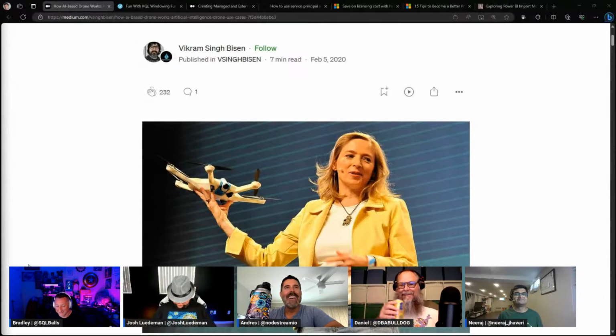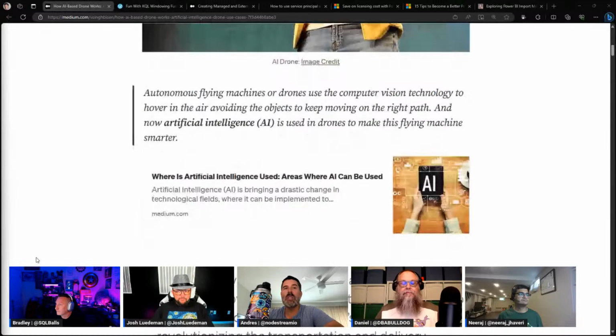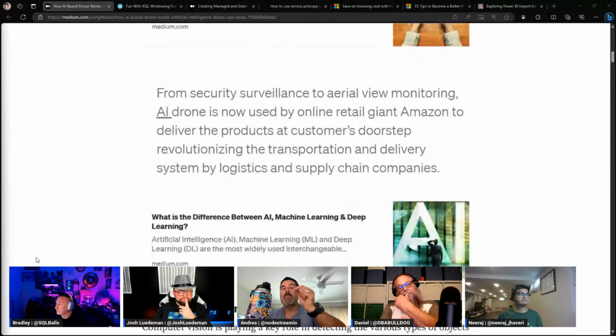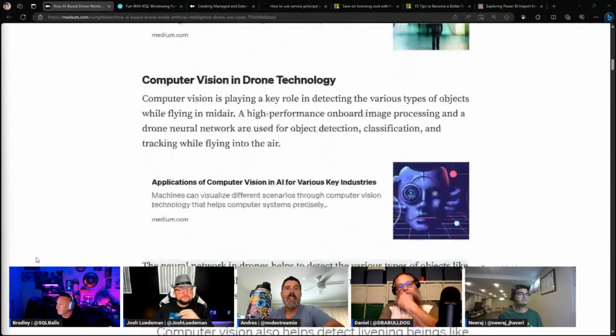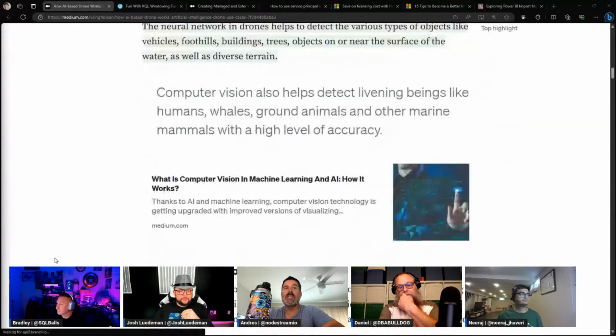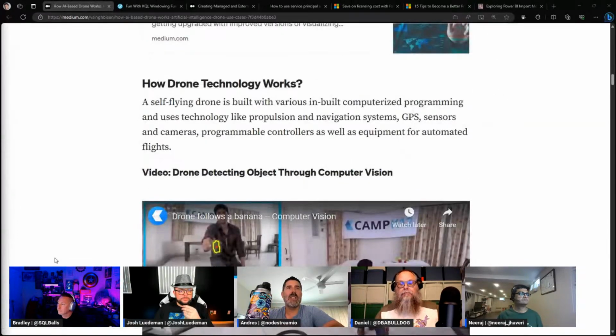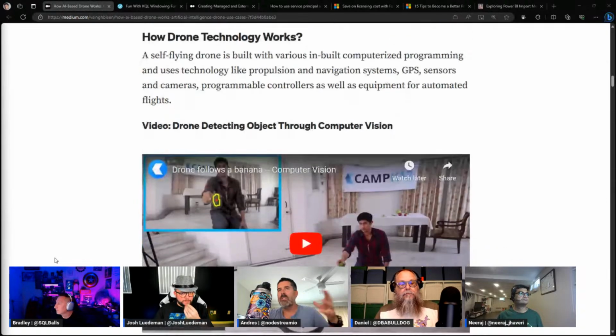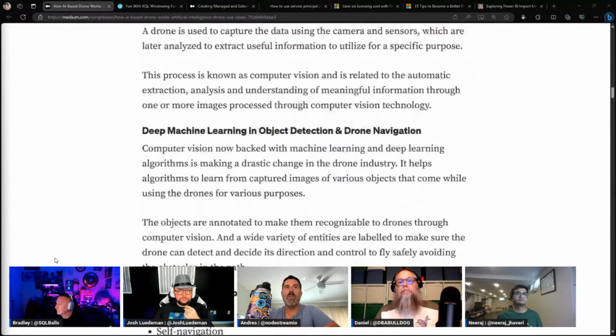It's all right, buddy. Great article by Vikram Singh Bisson. Thank you so much for this article. What he does in the article is he explained to us how AI works within drone technology, how computer vision fits into it. He also introduced some necessary concepts like object tracking, self-navigation, obstacle detection, how all those are intermingled inside of a drone.